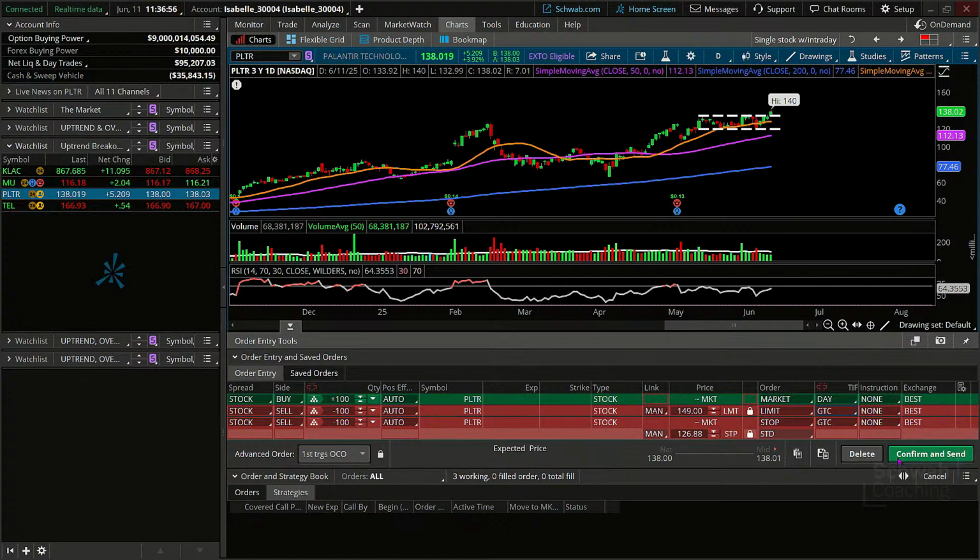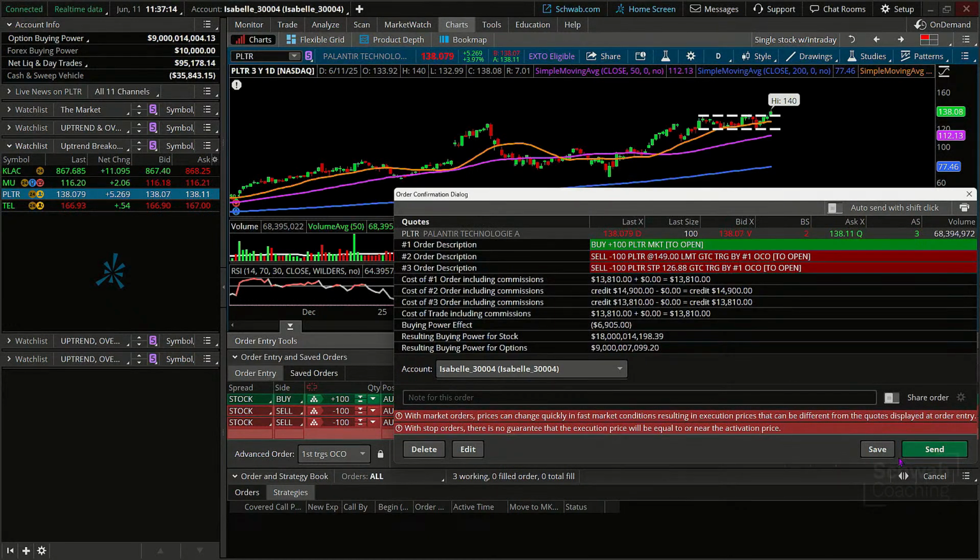It is a gap risk. That means that if we closed above our trigger at 126.88, but opened below it on the next day, we could open well below it. And we're going to have a market order to sell, which means, if we opened at 120, that would be the trigger for our stop, and we would be a seller at market thereafter, which means we're going to be selling at market pretty close to 120, not likely close to our stop at 126.88 as an example. So this is the example trade.